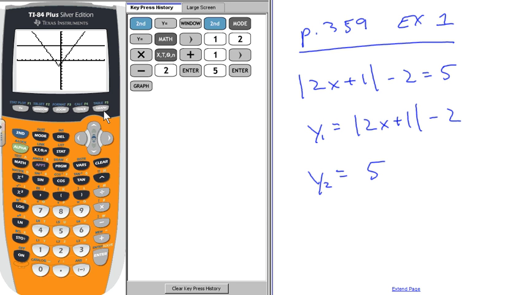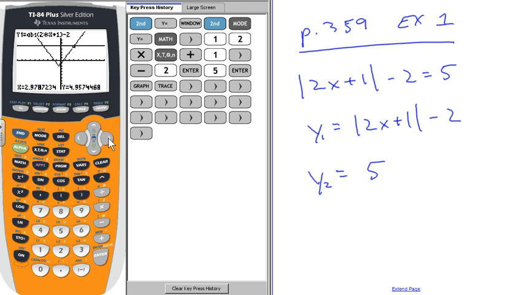Now when I go to graph those two equations, the V is obviously my y1, and the straight horizontal line is obviously my y2. My answer to this equation is going to be where the two equations meet, where they intersect, right about there and right about there. In order to find that intersection easily without guessing, because technically I could hit trace and I could go up and down,